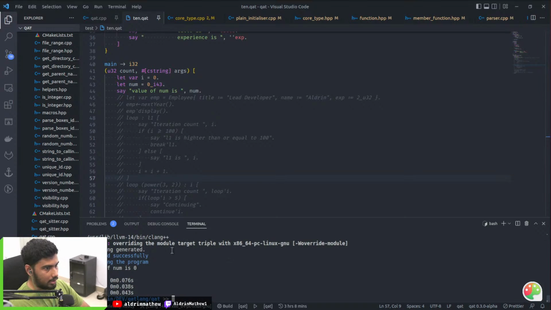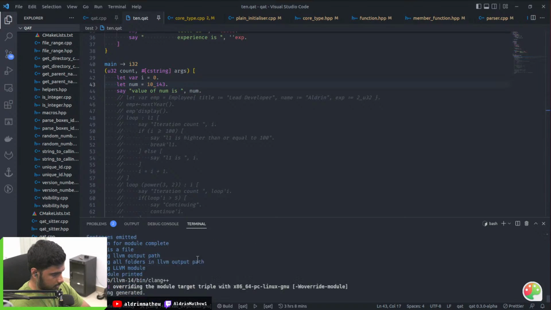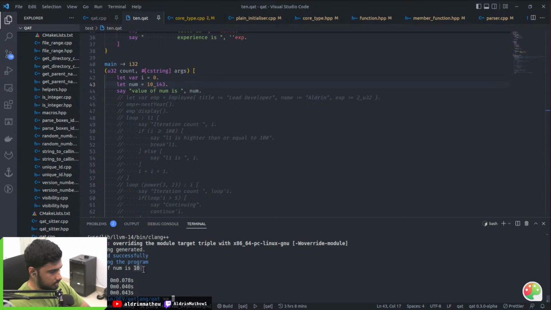Yeah, so the value of num is 0, so let me change it to 10. So now it's 10. Oh wait, it is supported. No way. Okay, I see what's happening. So say uses printf under the hood, and if you change this, what happens if I change this to...